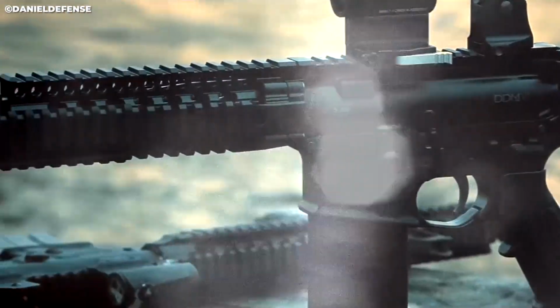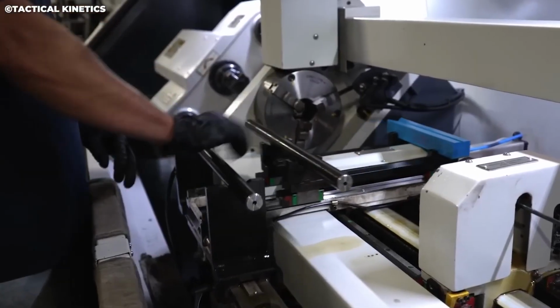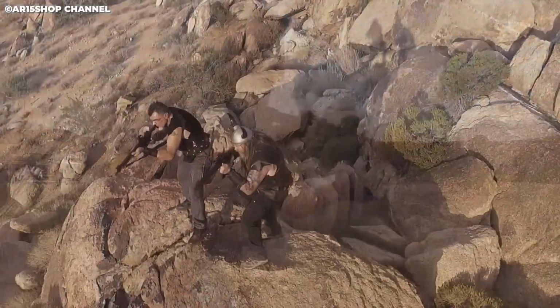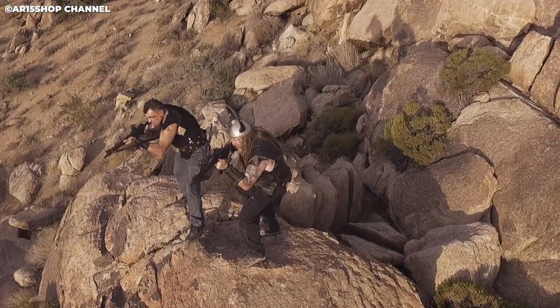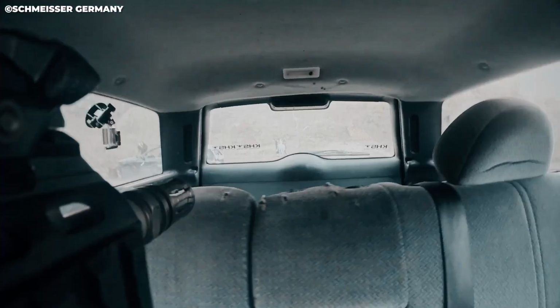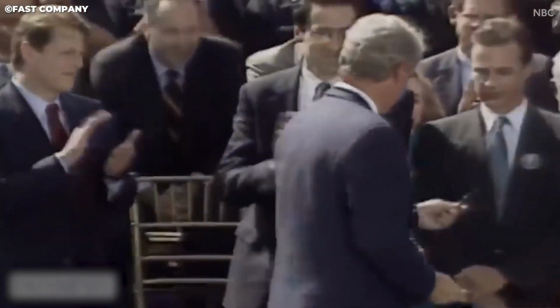When the assault weapons ban expired in 2004, it was like the floodgates opened, but manufacturers knew they needed to stay prepared. The political winds could shift at any time, and they had to be ready to pivot whenever new regulations came down the pipeline. Enter the lobbying machine. The gun industry has some of the most powerful lobbyists in Washington, D.C. Organizations like the National Rifle Association, NRA, have played a huge role in shaping gun policy in the US, and